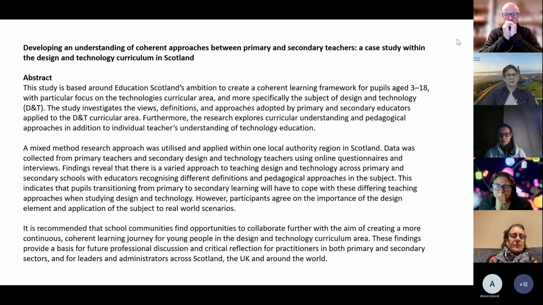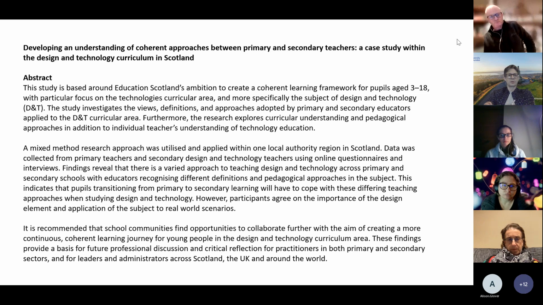But the overall recommendation that came out of this was that there should be more opportunities for collaboration, for creating a continuous, coherent journey for these particular young people that are moving through this as well. So perhaps one thing to take away from this is, even though it wasn't groundbreaking, I don't think this is going to be submittable for the REF. I don't think it's going to be, you know, a 3 or 4 star paper for that purpose. But I do think it was valuable in the fact that it's not really been looked at before.